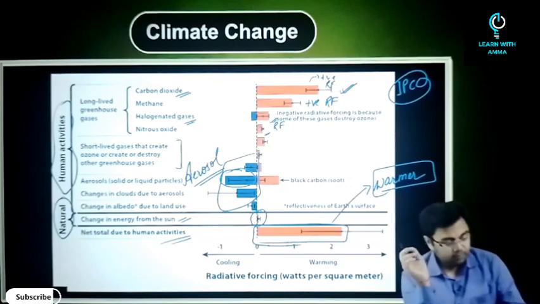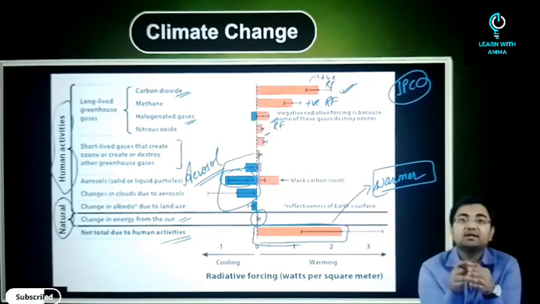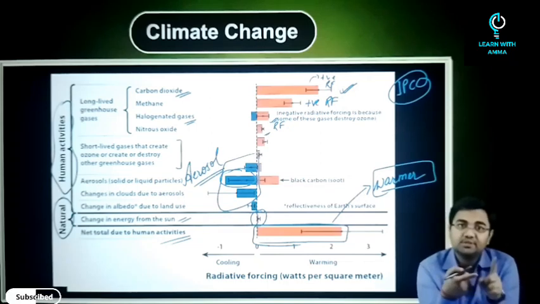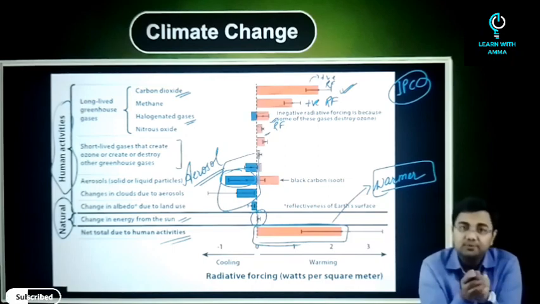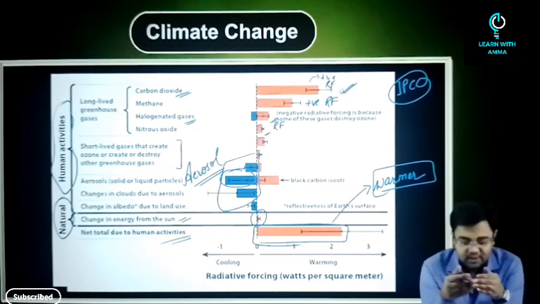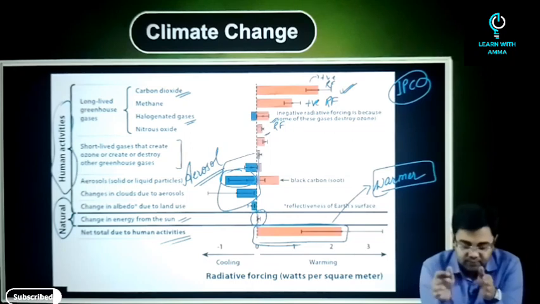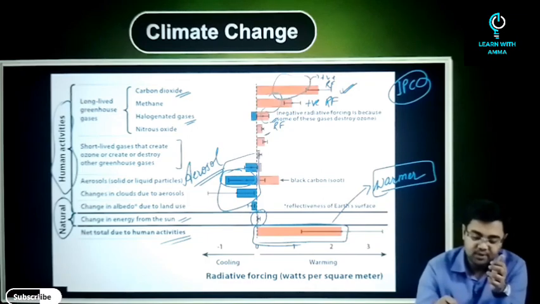Now, one more thing that we should understand is that climatic factors are divided between those which are caused by human activities, for example, greenhouse gas emissions and aerosol emissions, and those which are caused by natural forces, for example, the sun's radiation. For each factor, there are forcing values calculated for the time period between 1750 and the present day. When we look at the total effect, this is called positive forcing.